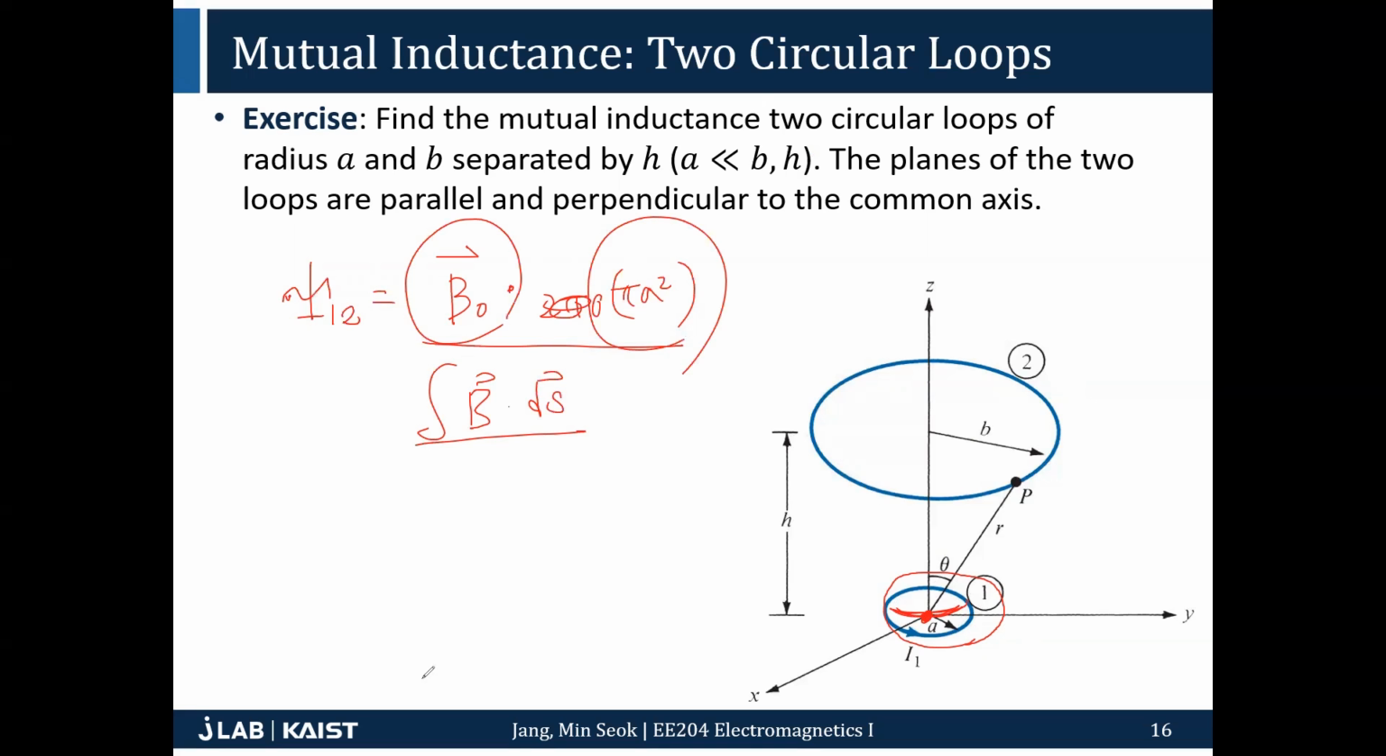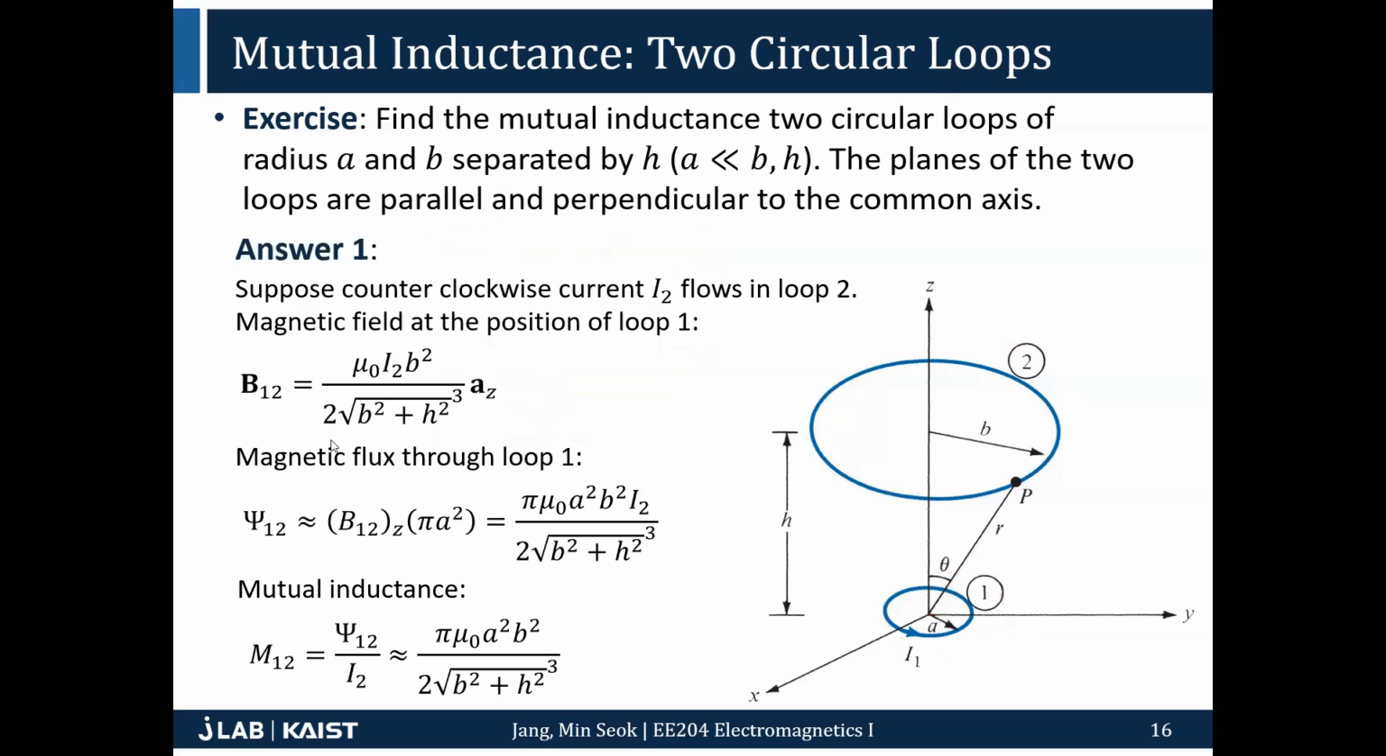This approximation makes your life much, much easier. And then the B field calculation is also doable because you have a loop here, and you can easily evaluate the magnetic field at this position due to this loop by using the Biot-Savart law. Okay, so if you do it, B12 is this,